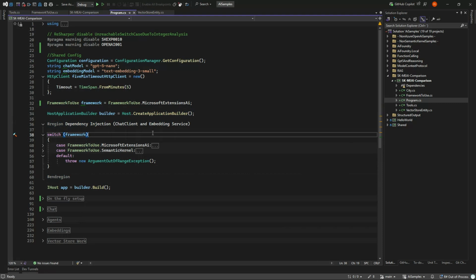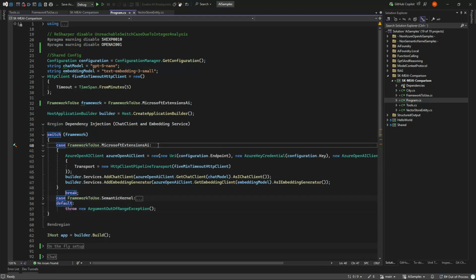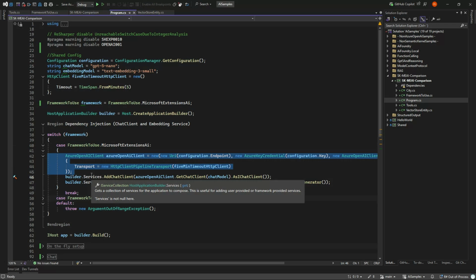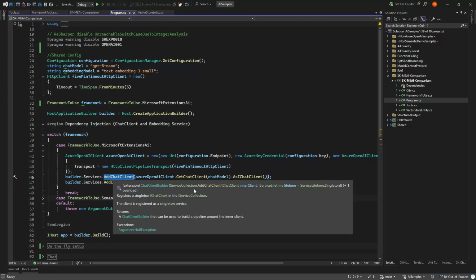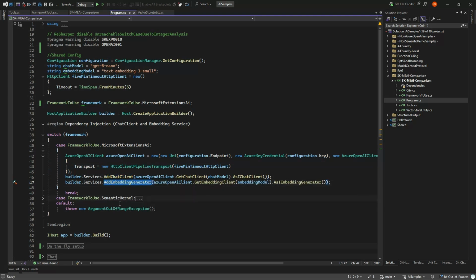If we look at dependency injection with Microsoft Extensions AI, the way you do it is that you take the raw package of your LLM, in this case the Azure OpenAI client, and set that up with your endpoints, keys, and in this case the HTTP client. Then you register two things, a chat client and an embedding client.